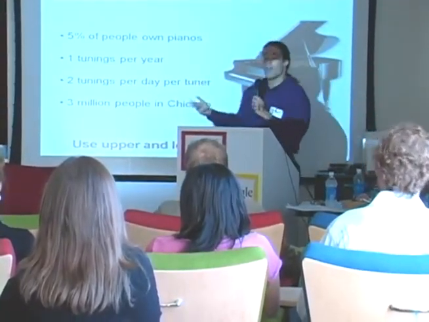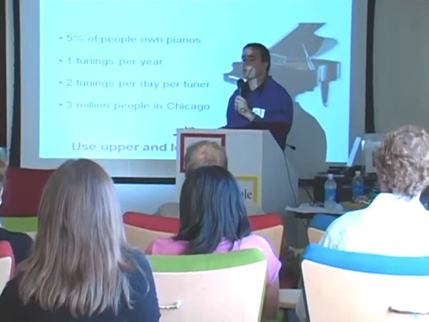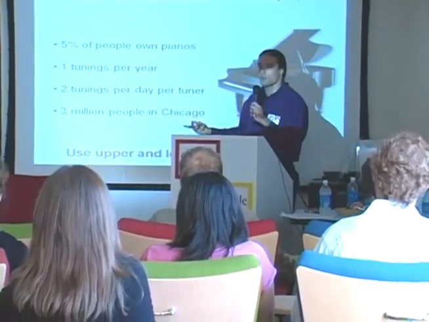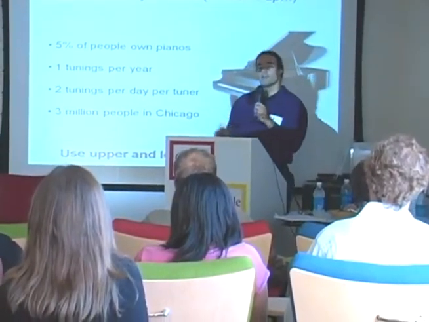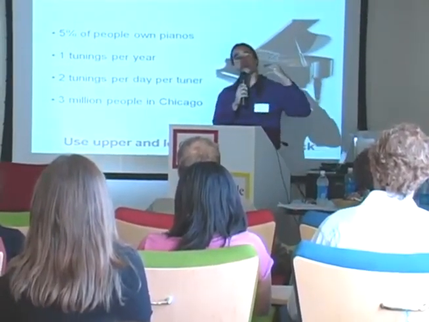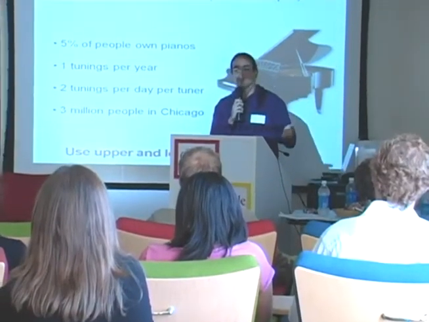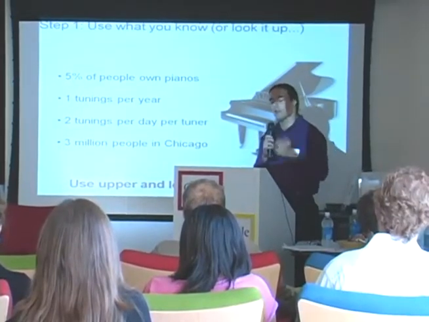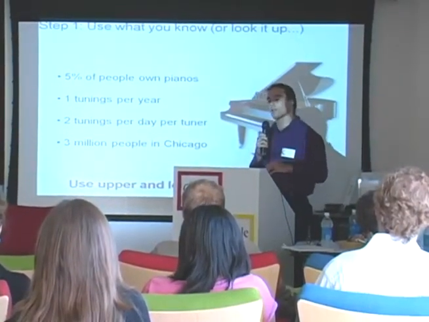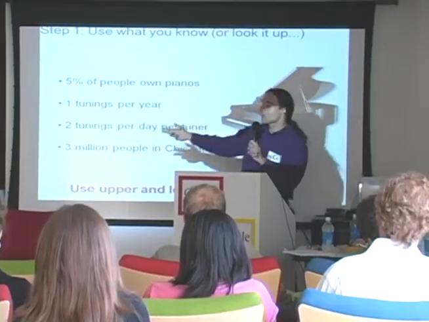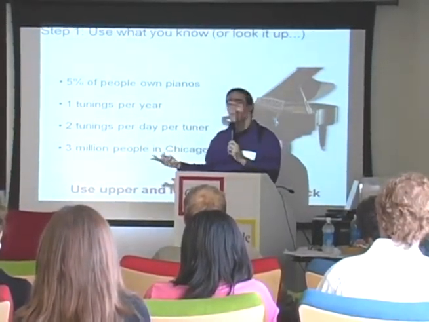So the next thing is that if you have a piano, generally you get it tuned about once a year. Now, if you're very neglectful, you might get it tuned once every 3 years. But you're not going to get it tuned once every 30 years. So we're in the bounds of what's reasonable. You're also not going to get it tuned 5 times a year, because that would be very expensive, unless you're somebody who really plays it often. Most people are just getting it tuned 1 or 2 times a year. You go a little bit further, you say maybe a piano tuner tunes two pianos a day,